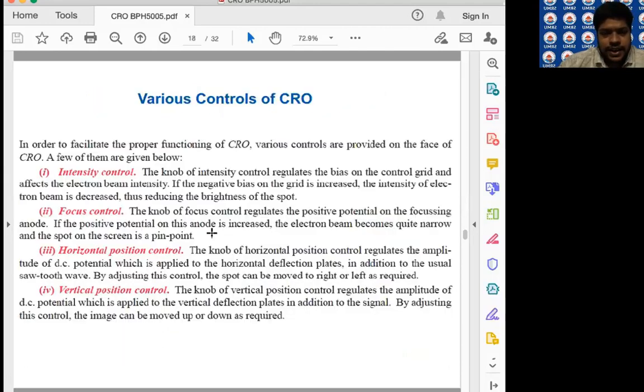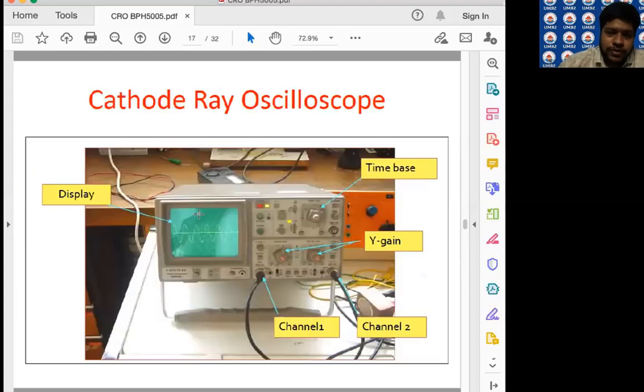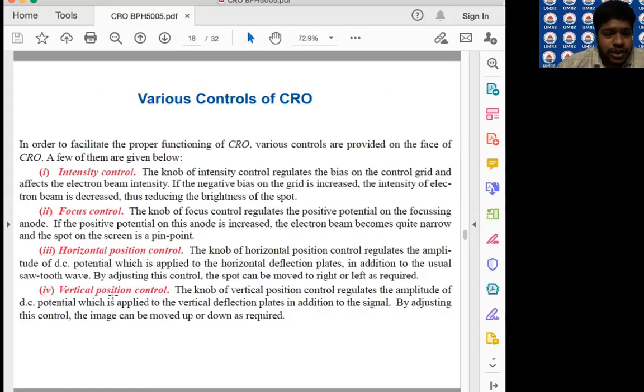कि कैसे दिख रहा है। Then vertical position control, here the knob of vertical position control regulates the amplitude of the DC potential which is applied to the vertical deflection plate in addition to the signal. By adjusting this control, the image can be moved up or down as required. तो जो इमेज है इसको ऊपर नीचे या इधर उधर मूव करने के लिए दो कंट्रोल रहते हैं, एक को हॉरिजॉन्टल कंट्रोल कहते हैं, हॉरिजॉन्टल पोजीशन कंट्रोल, एक को वर्टिकल पोजीशन कंट्रोल। तो हमने 4 कंट्रोल सीखे, इंटेंसिटी कंट्रोल, फोकस